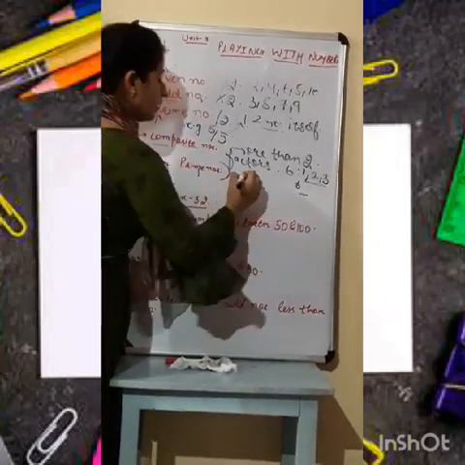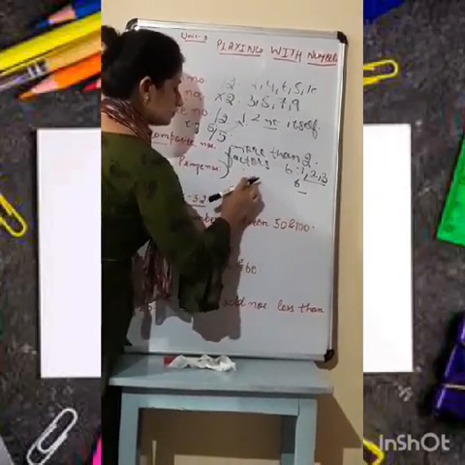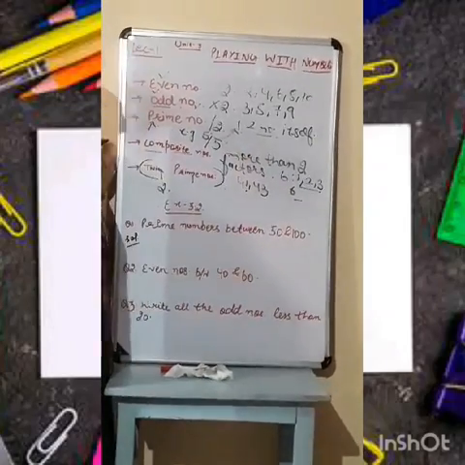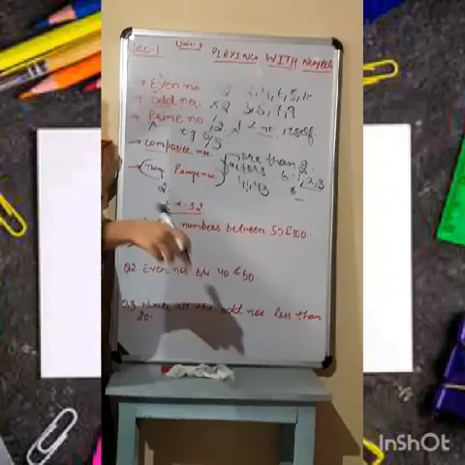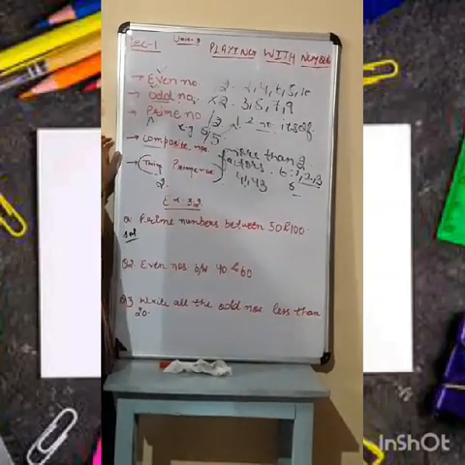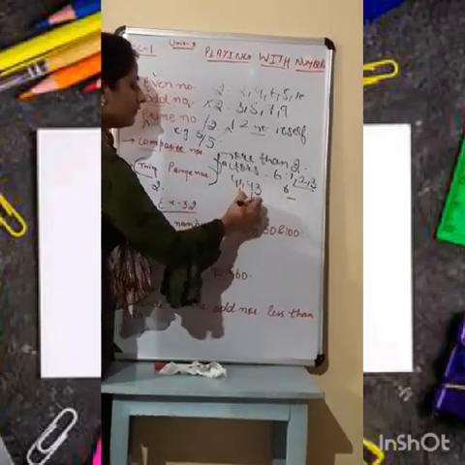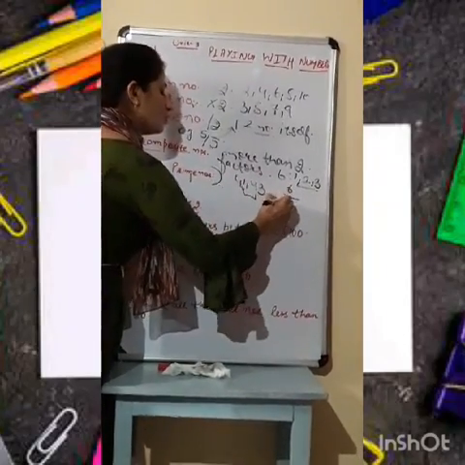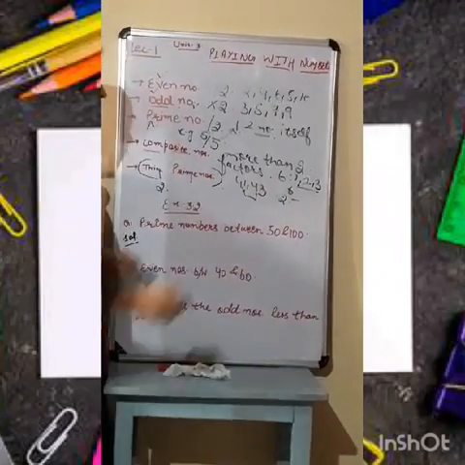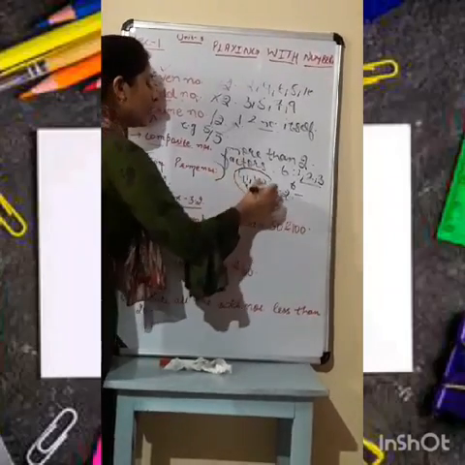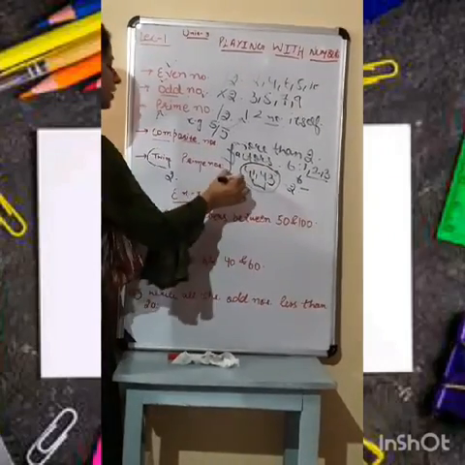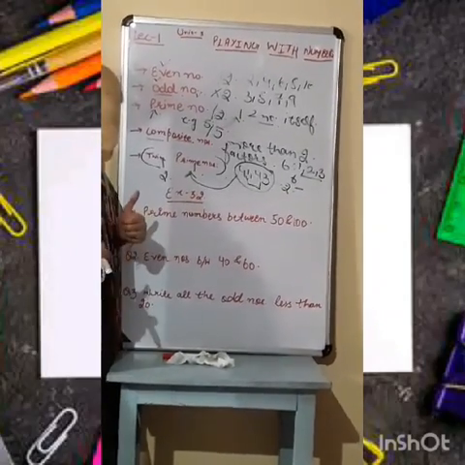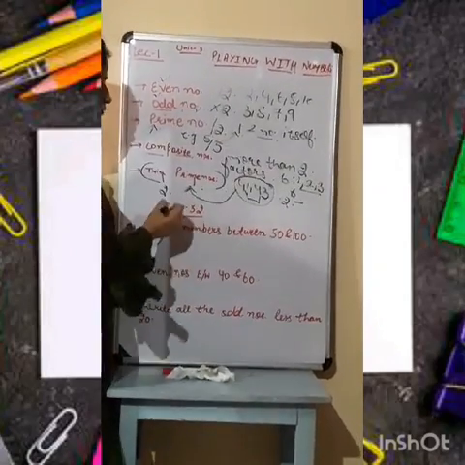Okay? Suppose 41 and 43 both are prime numbers. Okay? Now we need to see whether they are twin primes or not. What we'll do? We'll take the difference between these two, and the difference between these two is 2, which shows that the pair of 41 and 43 constitutes twin prime numbers. Okay? All of you got it? Chaliye. Next we'll move on.